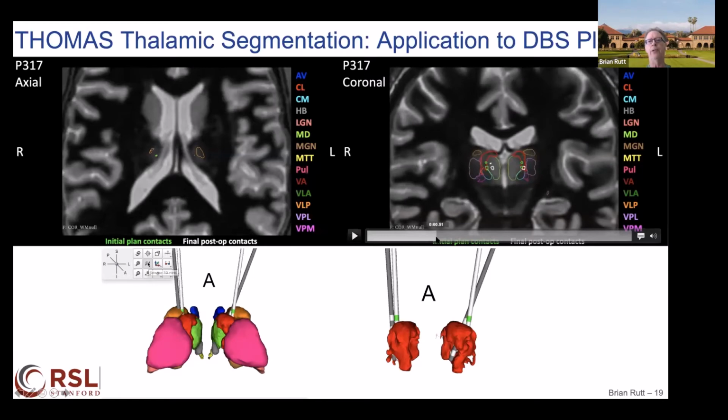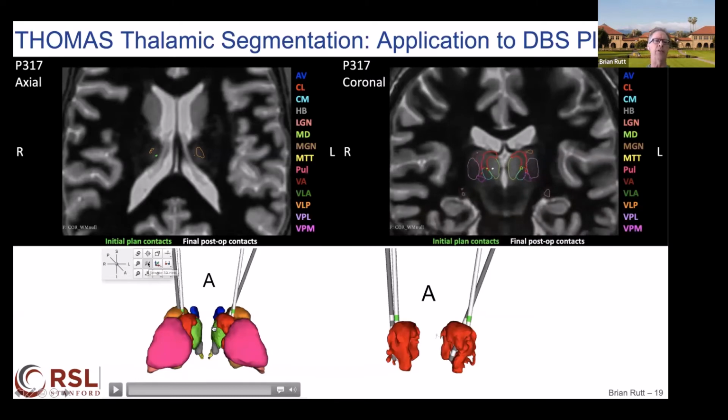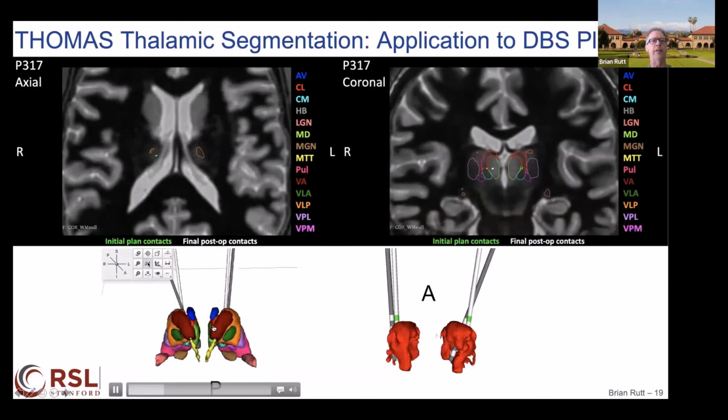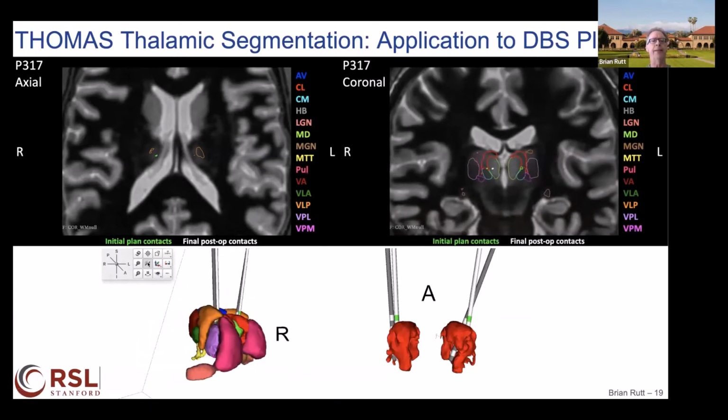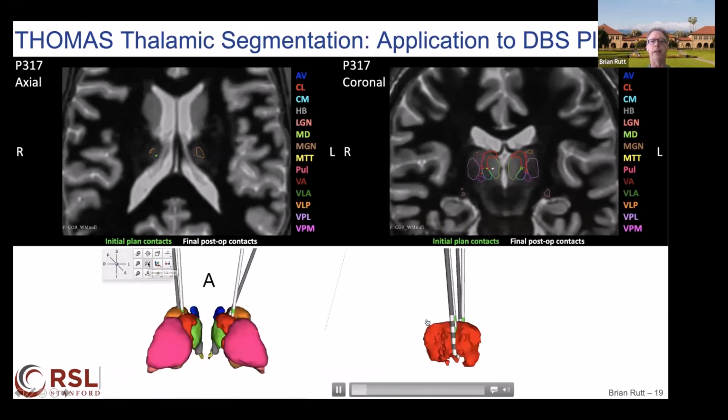But we're a few millimeters off, and the surgeon thinks that's a pretty substantial miss. We learned later in the study that this had to do with brain shift that occurred. The left side was typically implanted first, and by the time he got around to doing the left side, there was enough brain shift to cause this, so that can be corrected in future. But by and large, we were very happy with the resulting placement into the CL nucleus and paralleling the DTTM